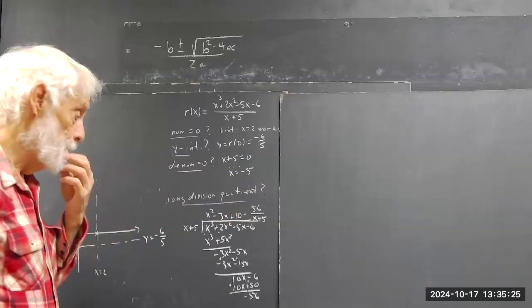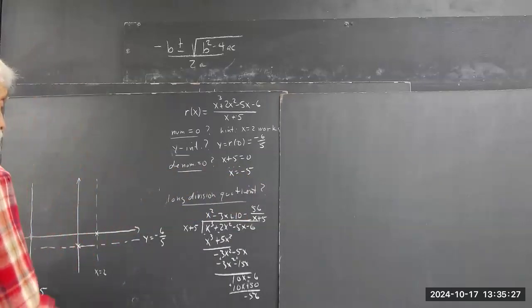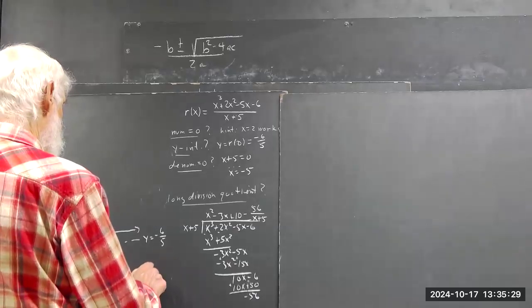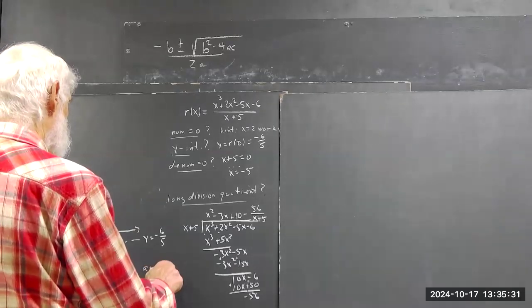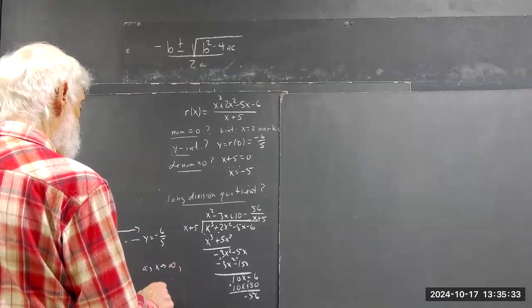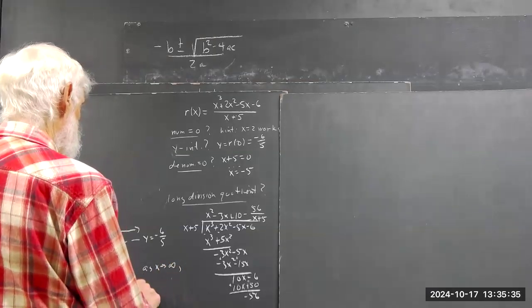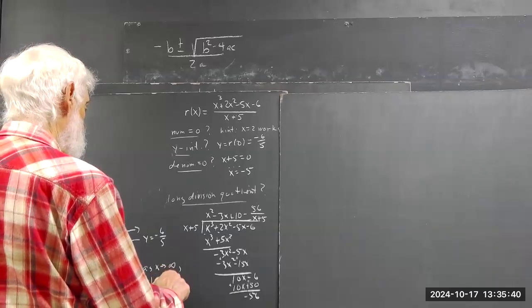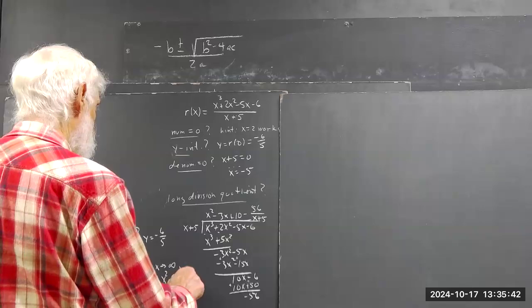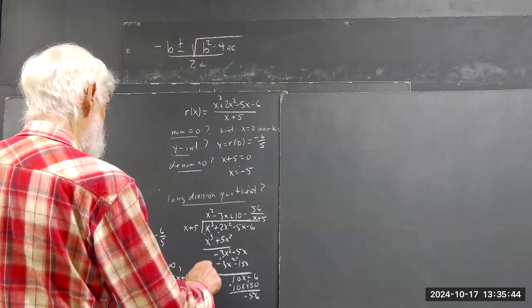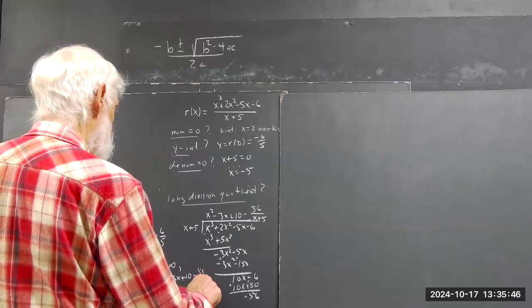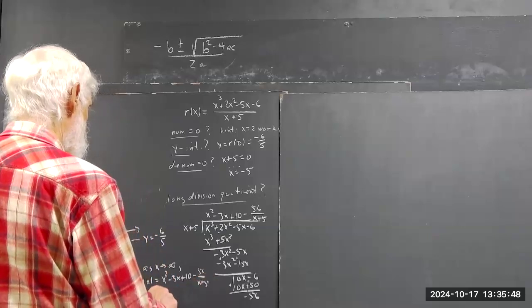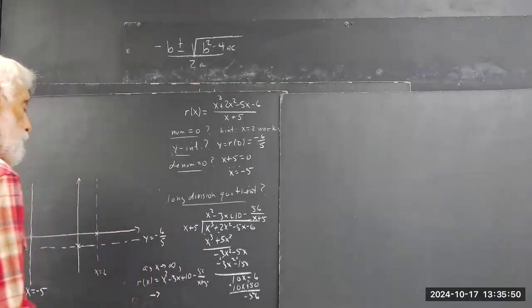Okay. So down here we can say, as x approaches infinity, r of x, which does equal x squared minus 3x plus 10 minus 56 over x plus 5, approaches